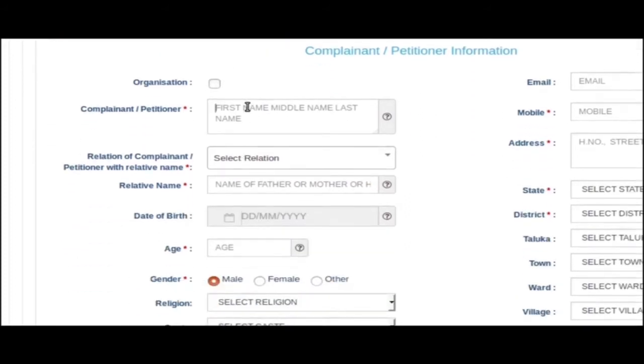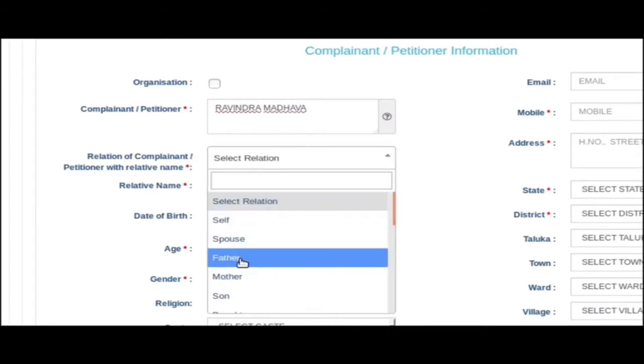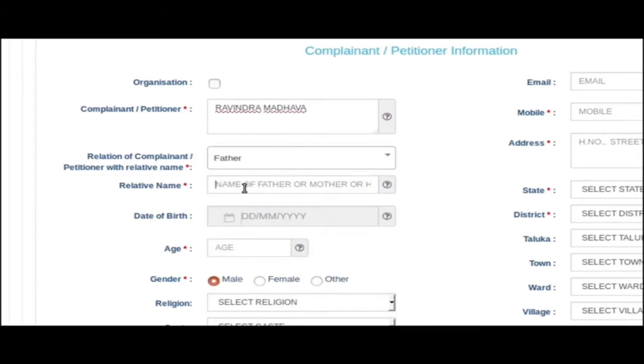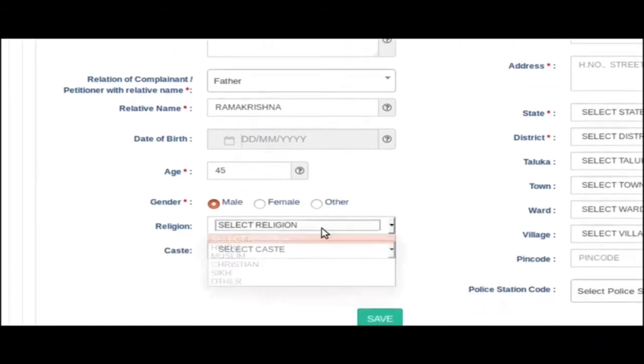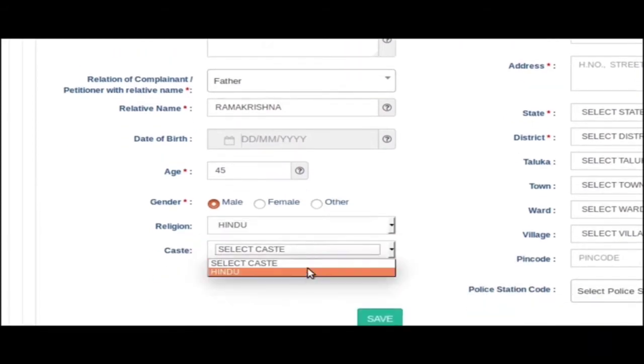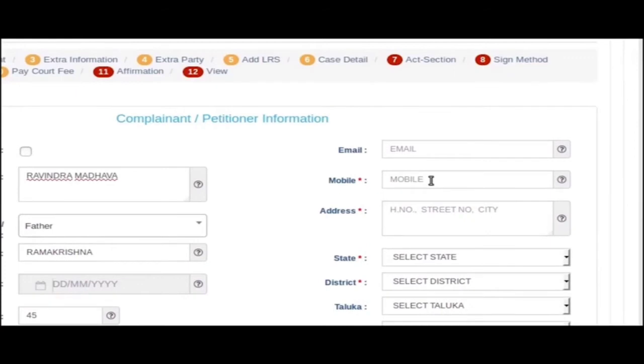Fill up the complainant or petitioner information one by one. The name, the relationship, the relative name like father or mother or guardian, the mobile number, the email ID. Though email ID is optional, but if you fill up the email ID, you can get various e-court services alerts to your email ID.